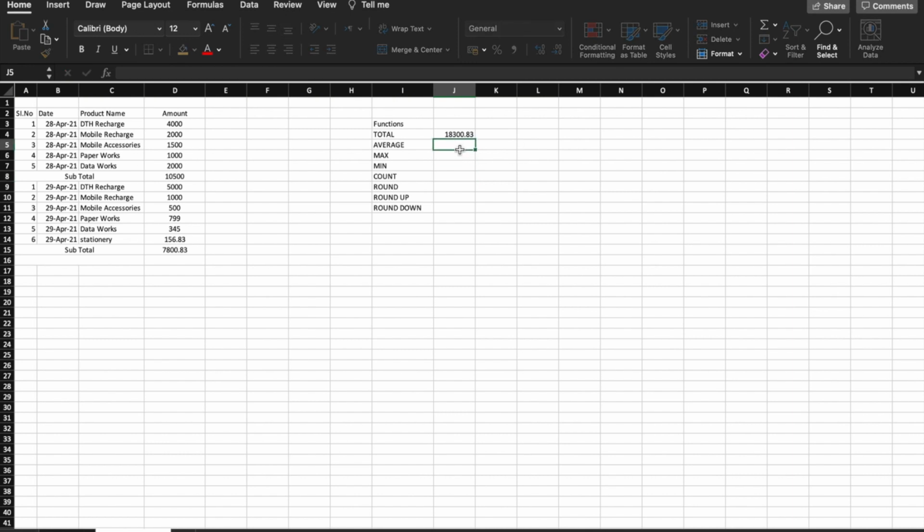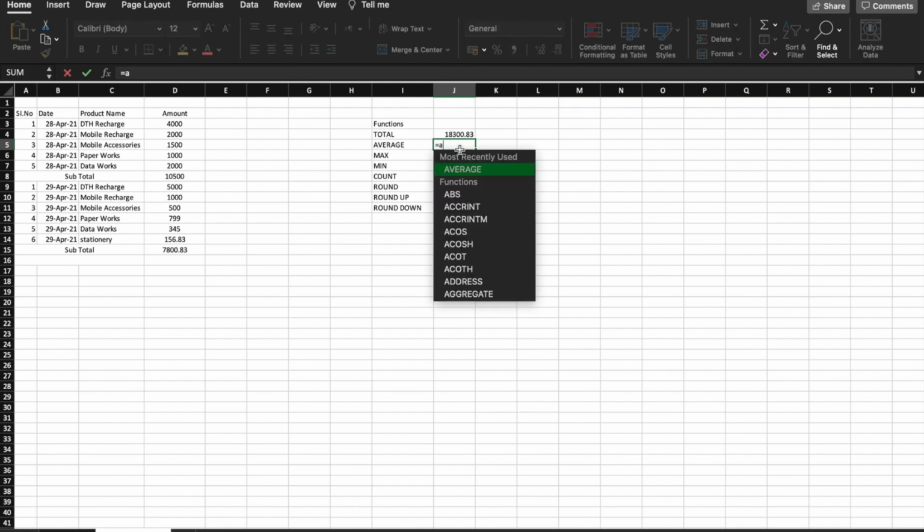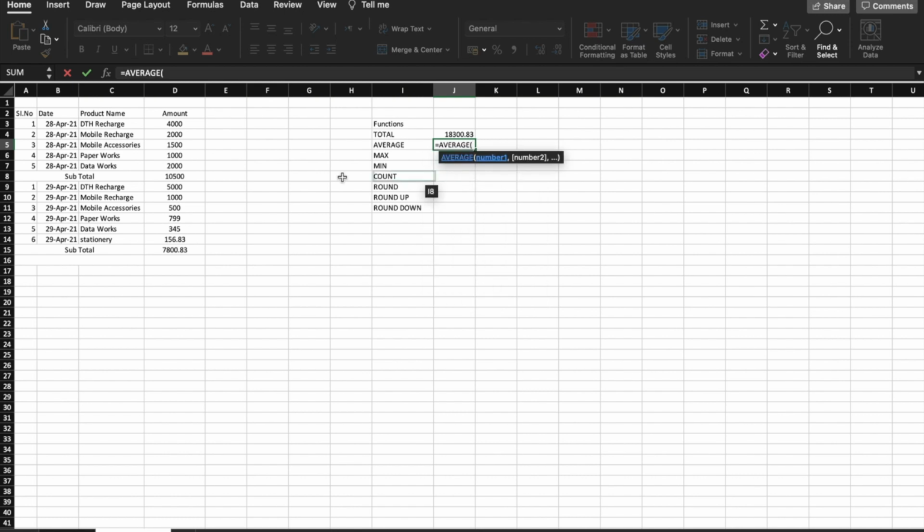Second one, average. Find out the average value. This is the formula: equal to AVERAGE, and select the amount or range.